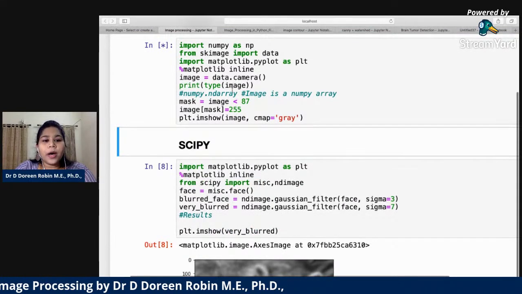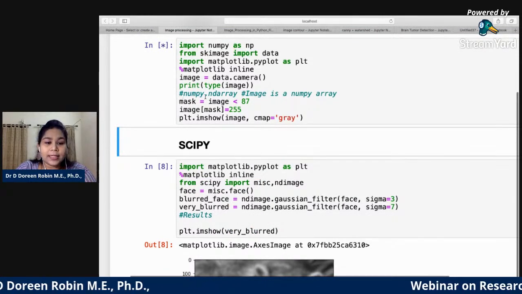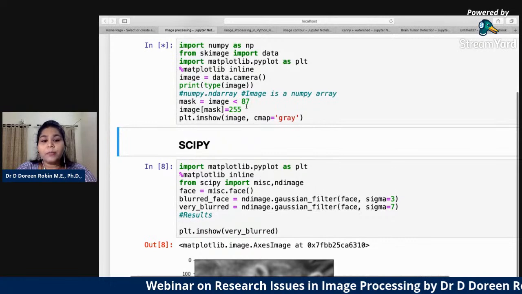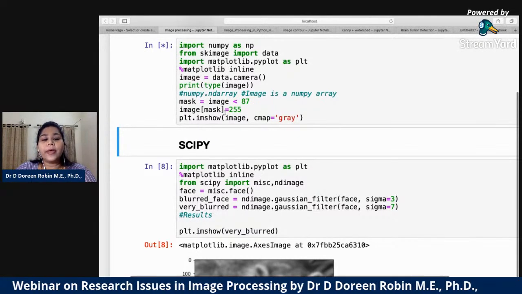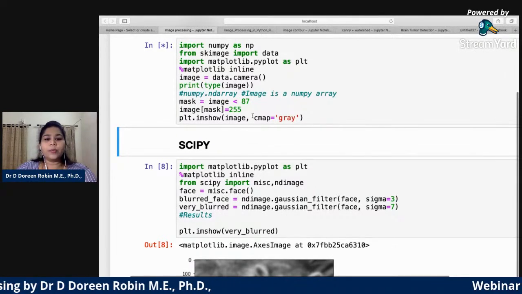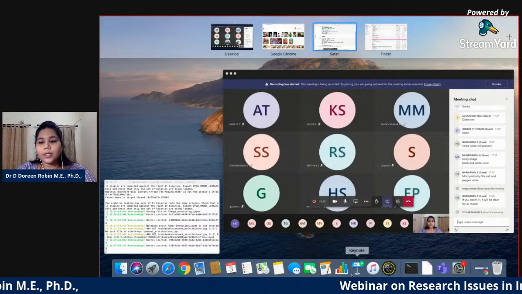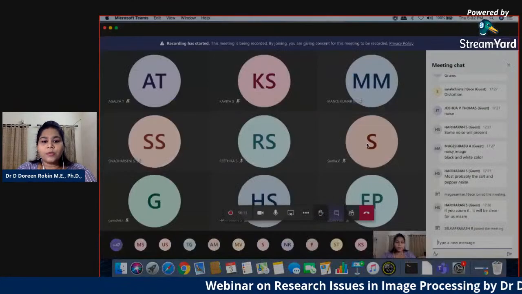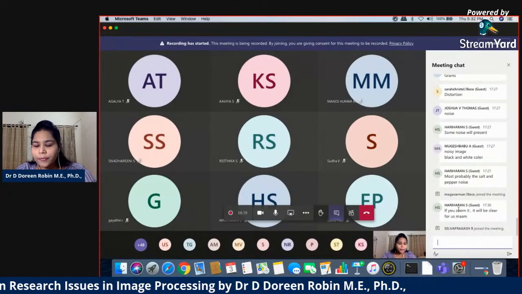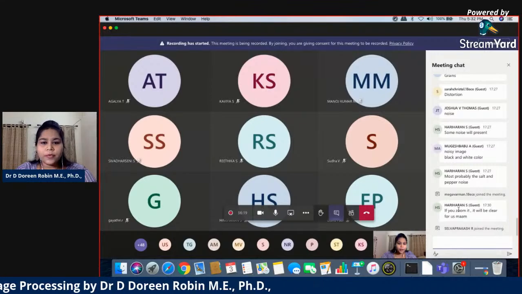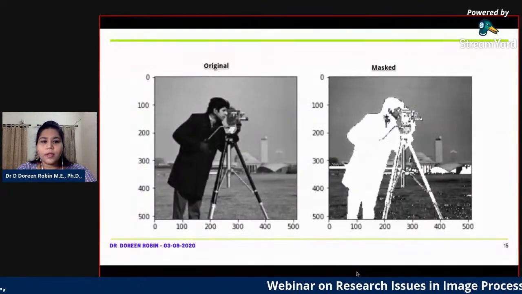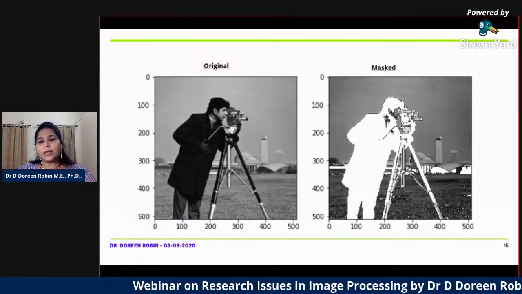So it will be giving me an answer as numpy.ndarray, and I'm masking the image. Here, I'm going to mask the image with this value, and then I'll be showing you my image. Once it is done, my output will be of this kind. If you zoom it, it will be clear. Yes, I have zoomed it. Okay, this is my original image and this is my masked image.